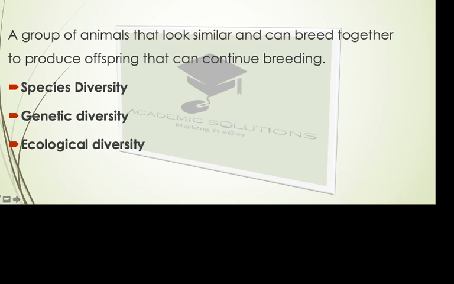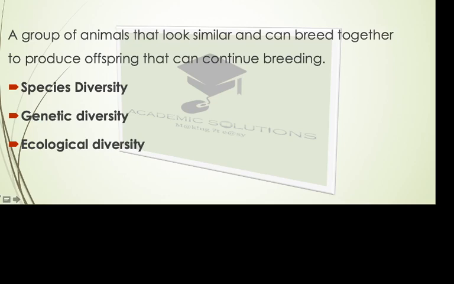So those are species, animals that appear to be the same. They can mate or court and produce babies or offspring, and then continue interbreeding. So we've got species diversity,